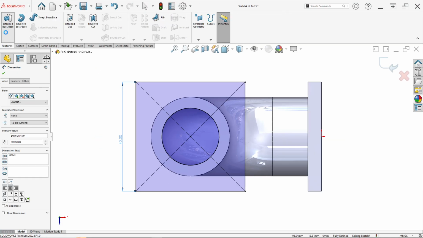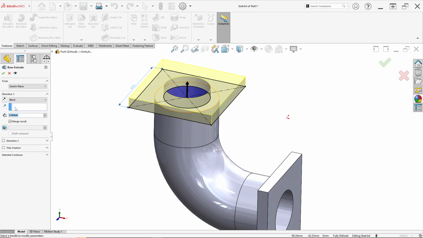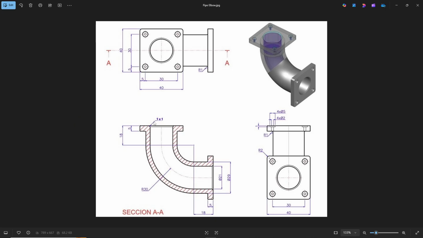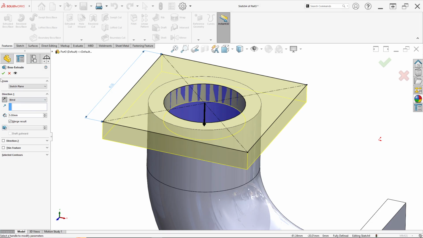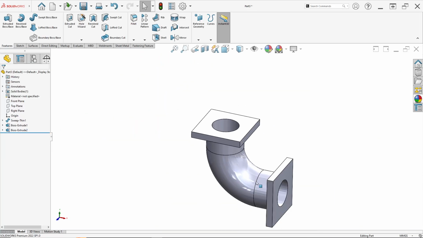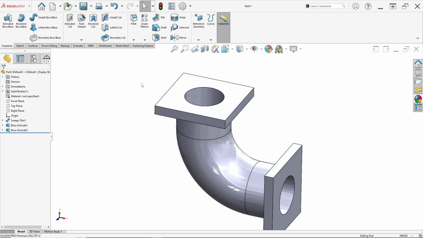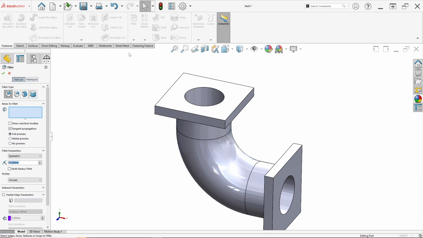Click feature and select extrude boss or base again. For direction to in, so reverse direction here, 5 millimeter, and just click OK. Don't forget each corner has a fillet radius of 2 millimeter. So select fillet, change the radius to 2 millimeter.